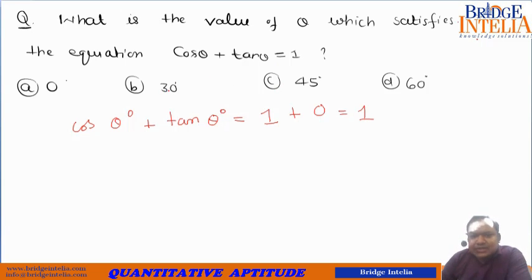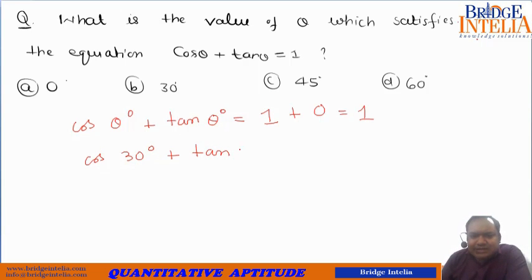So if you assume theta to be equal to 30 degree and substitute, let us see whether it will add up to 1. Out of the 4 options only one can be correct at a time. So if you have already found the correct answer, you need not proceed any further. But just to convince you, I am substituting the value of one of the other incorrect answers.